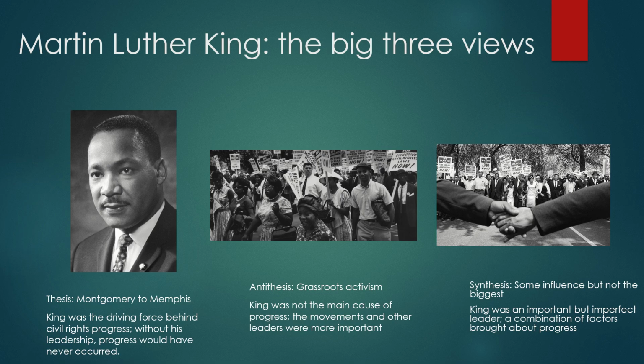So, generally, across these readings, and I imagine many others in the King debate, these are the three big views that come about. The first one is the thesis idea, which is that King indeed was the driving force, and that without his leadership, progress would have never occurred. He is, as we said in our series, a key driving force in a lot of events, like Birmingham, like Washington, and a key leader in Montgomery. And so maybe these historians will argue without King, this progress would not have been achieved.